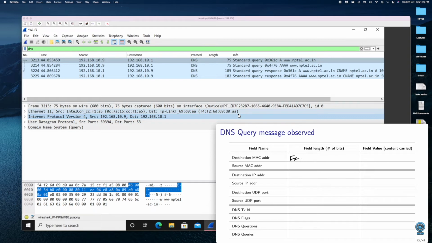First we should note down the length, and from the previous experiment, out of experience now, we know that this is 48 bits, the IP address will be 32 bits, and this also will be 32 bits. Generally I suggest that the students or learners see the packets and figure out the length over here. We have done different experiments to see that.